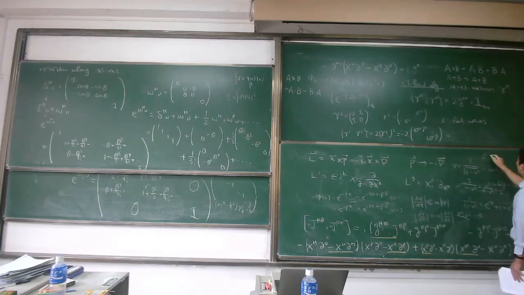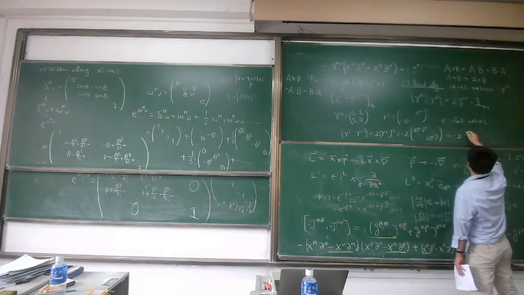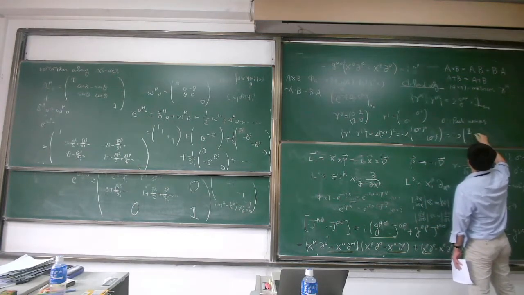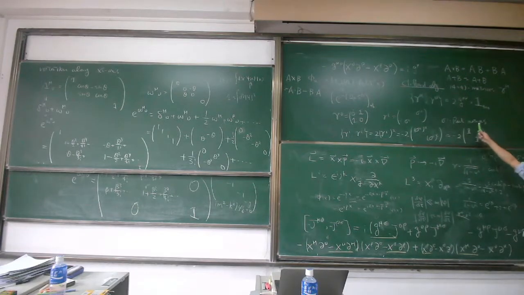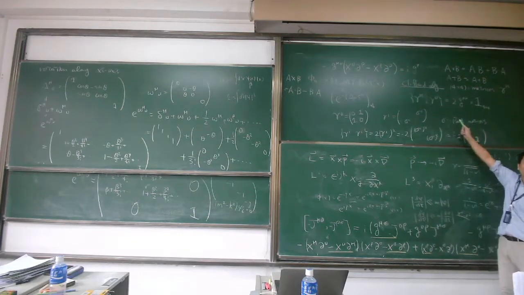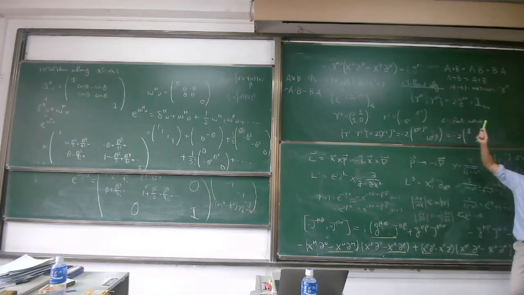Sigma 1 is 0, 1, 1, 0. Sigma 2 is 0, minus i, i, 0. Sigma 3 is 1, 0, 0, minus 1. Okay? So if you take the square it's always 1, right? So therefore this is 2 times identity. Okay? 2 by 2 matrix. And gamma i gamma i is minus, right? Minus 2 times identity operator. That's what it